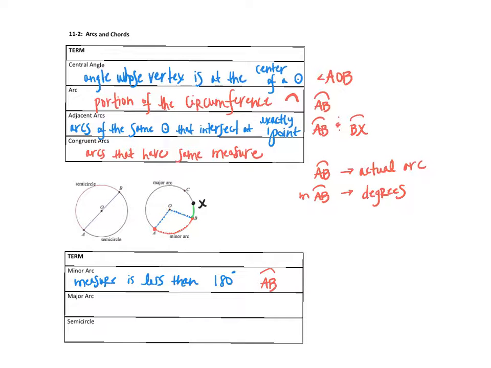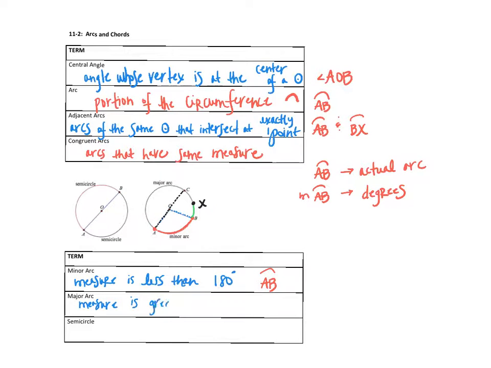You can kind of visualize what a semicircle would look like. And we know that all the way around a circle is 360 degrees, so that a semicircle is going to be 180. So I can tell that this minor arc right here, minor arc AB, is going to be less than that semicircle. Well, then a major arc measures